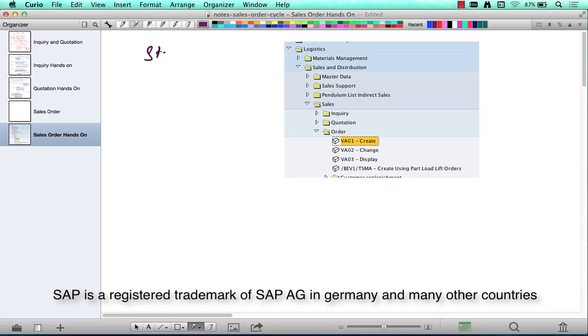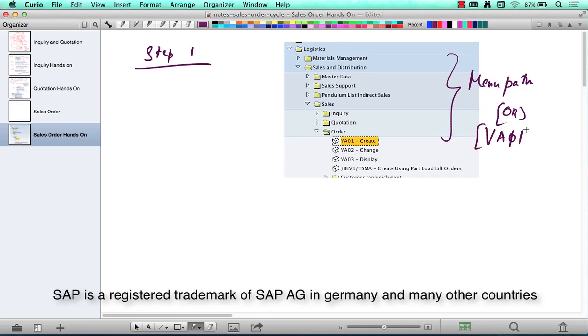Okay, step number 1 is use this menu path or use the transaction code VA01. Every time I use a transaction code, I'll try and put it in square brackets so that you understand that it's not just some random word, it's a transaction code. So second step,